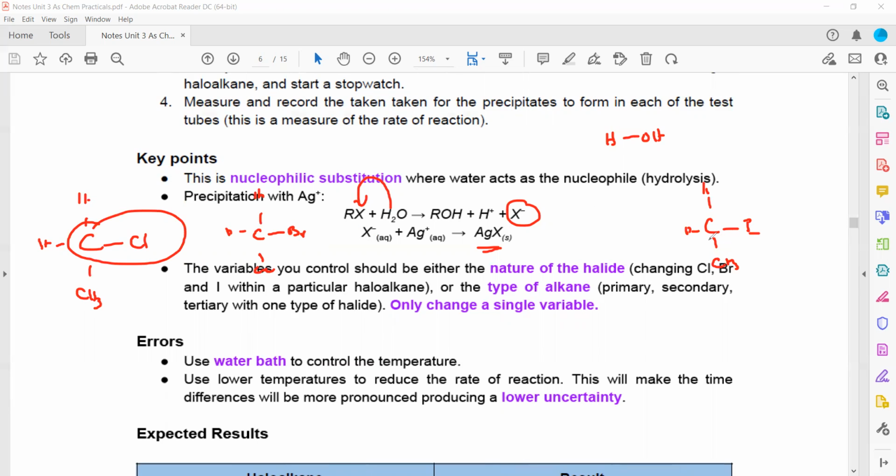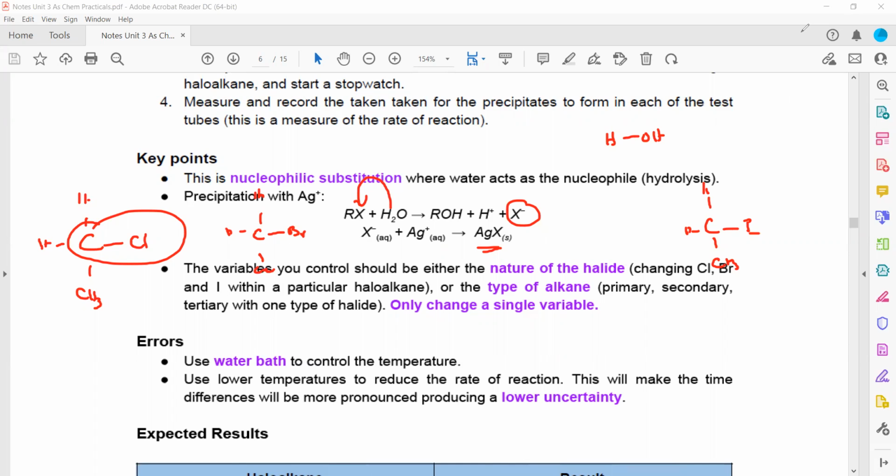for a fair comparison. I cannot take a halogenoalkane which contains chlorine that is primary, then another which contains bromine that is secondary, and a third one that is tertiary. That won't be effective, because the rate of hydrolysis depends not only on the type of halogen attached, it also depends on the type of halogenoalkane itself, such as primary, secondary or tertiary. So if you are taking halogenoalkanes, all of them should be primary, or all of them should be secondary, or all of them should be tertiary.